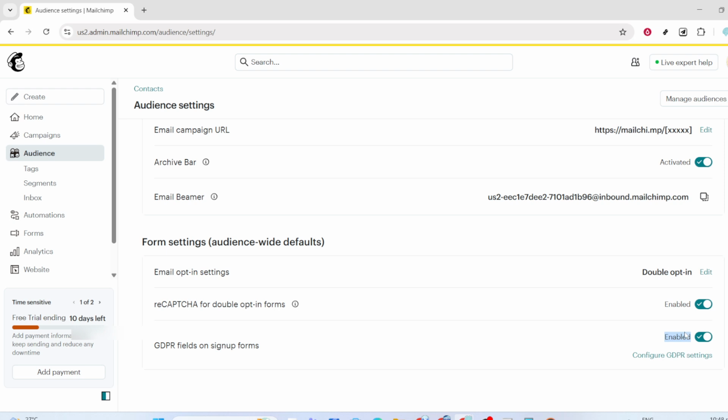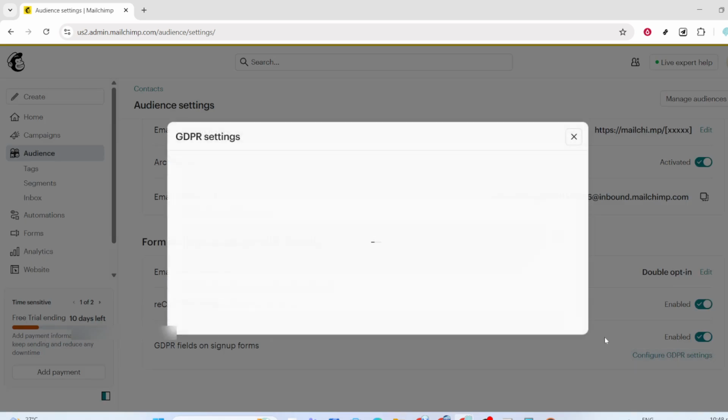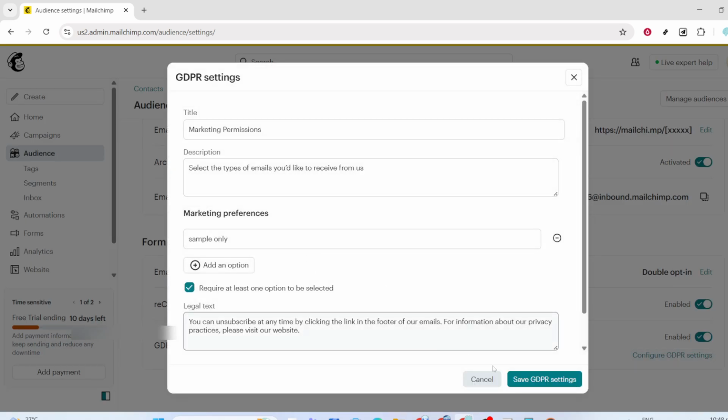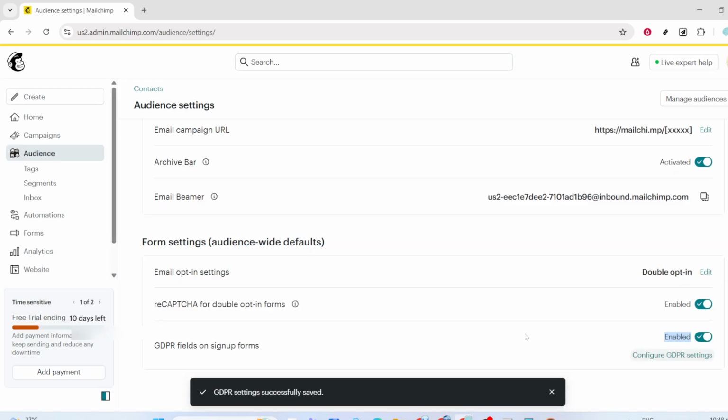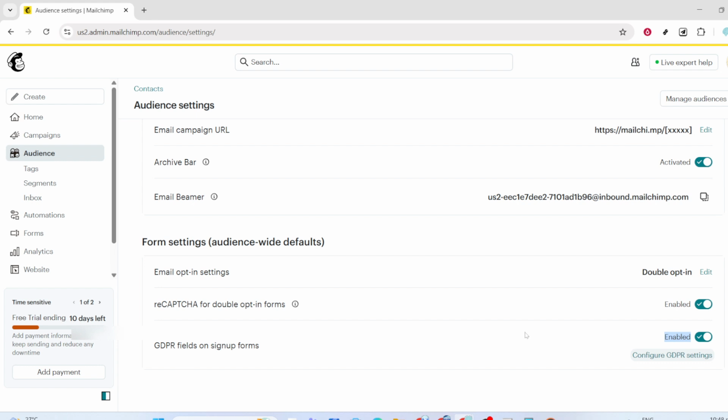With GDPR fields enabled, add a clear title for the consent section. Keep it straightforward, such as marketing permissions or how we'll contact you, so subscribers instantly understand what they're agreeing to. Then, add a concise description explaining how their data will be used. Focus on clarity and plain language. For example, explain that you'll use their information to send updates, promotions, or newsletters, and that they can unsubscribe at any time. If you have a privacy policy, it's helpful to reference it here in simple terms so people know